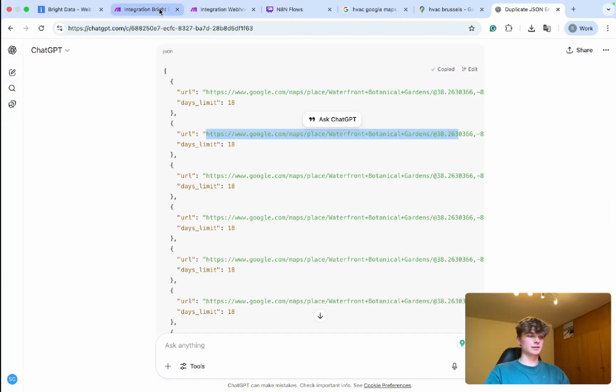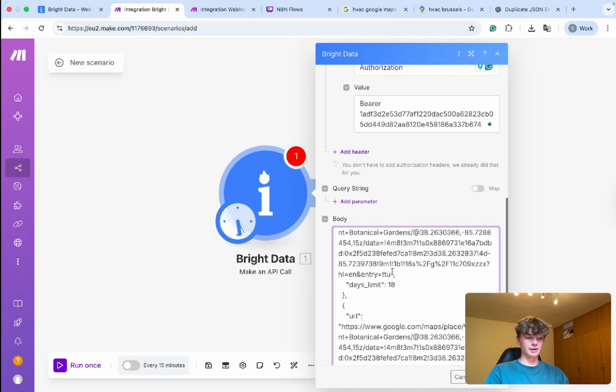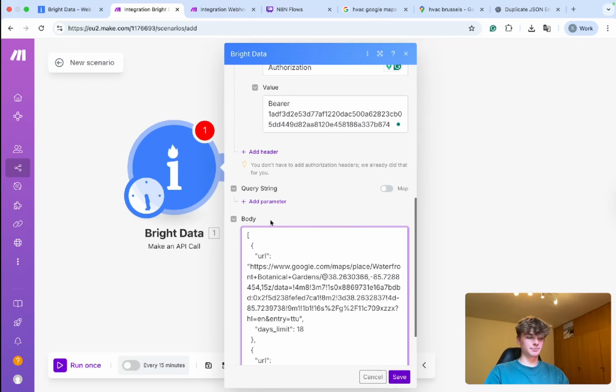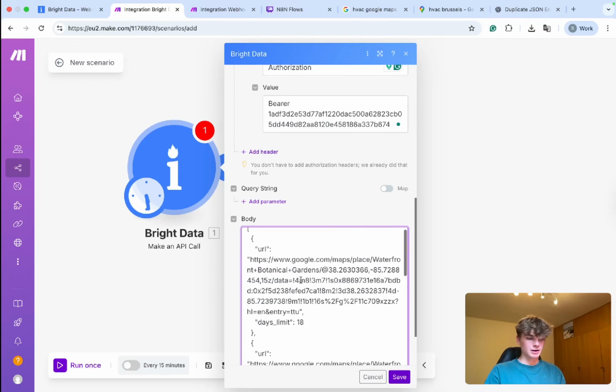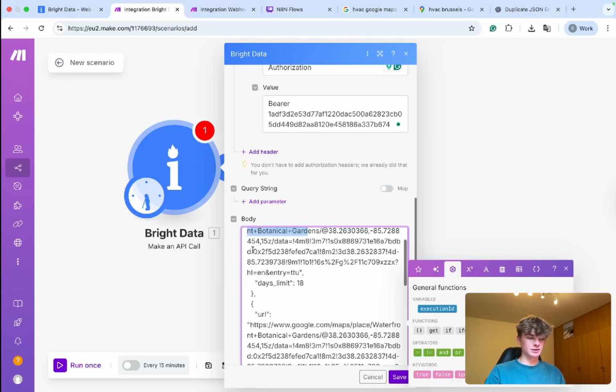So I'm going to copy this. I'm going to put it back in here. This is what I'll do. Put it there, and now you can see it's a bit longer. It might look a bit more overwhelming, but there is the original Google Maps URL, and then so that represents